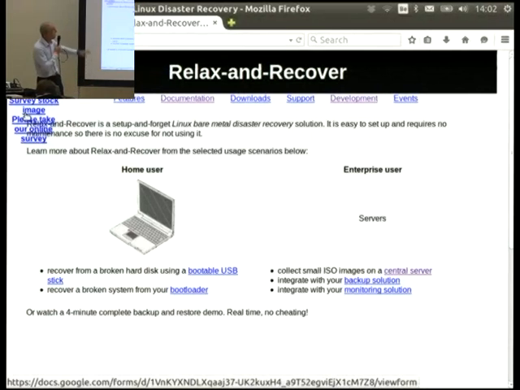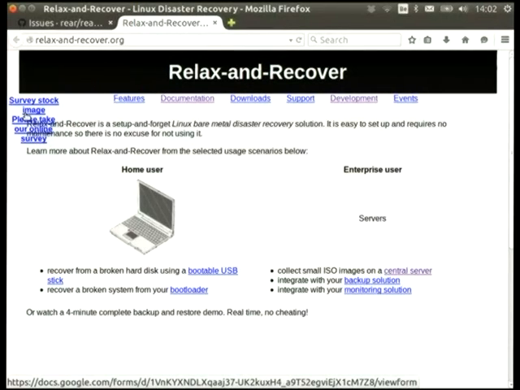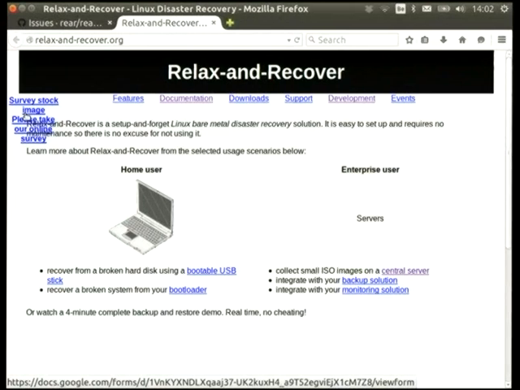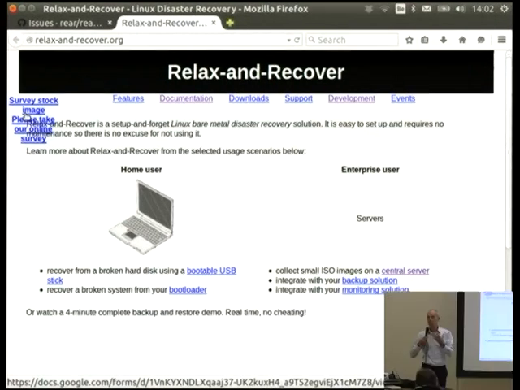May I ask you to go to the Relax-and-Recover web page to take the survey, because we will be using the survey for future development. What are the most critical requirements of the people, and, if people are already using it, how do they use it? It's for our own use. We will publish the results within a few months. It will take some time to make it available on the internet, and then we decide what the next development will be.